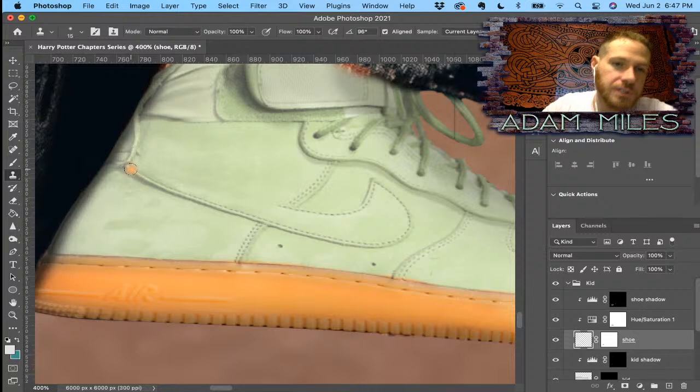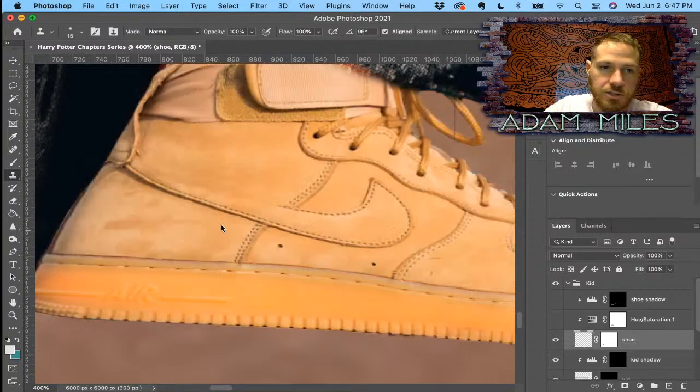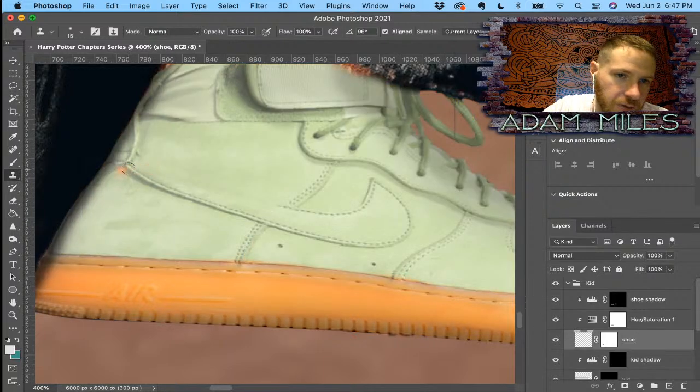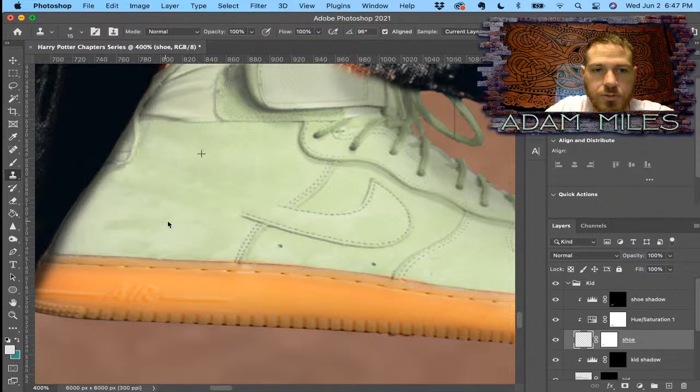So what you're doing is you're actually changing the layer under it, which is still that same color. So if you see that orange, or whatever color it was originally, that's why. So this is the clone stamp, which I use quite often,